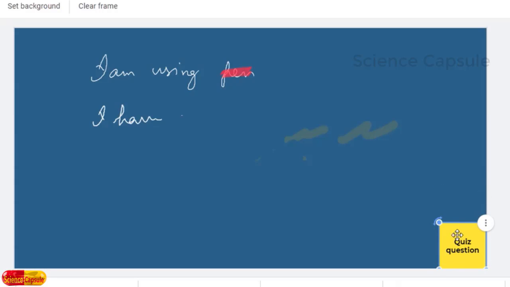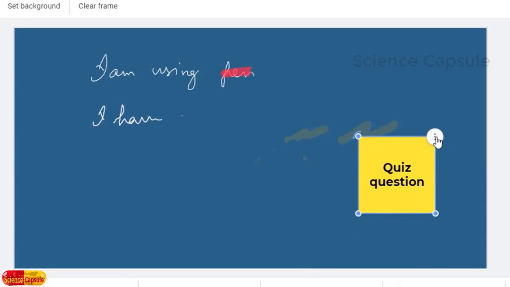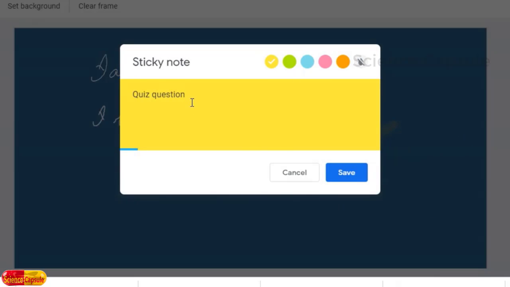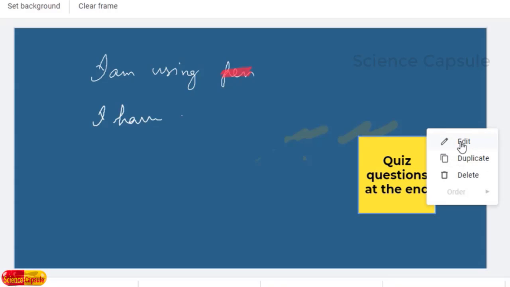And if you want to increase the size of the sticky note, you can increase or decrease it, and by clicking on the three dots you will get three other options. Edit option, quiz questions at the end, like that you can write. Click on save, then it is edited, and further clicking on the three dots you will get the duplicate option.